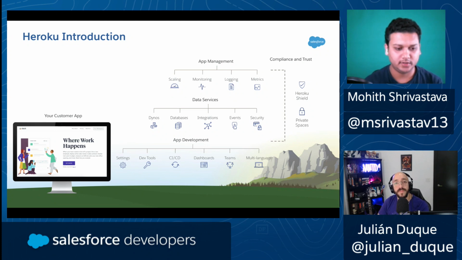Yeah, Julian, this is a great intro to Heroku. Now, for Salesforce developers, one of the aspects that I'm looking at here is, at Salesforce, one of the things that we have is, how do we scale? So I saw this concept of scaling in Heroku, and that's something at Salesforce, we are a multi-tenant architecture. So if you're building any processes, we have to make sure that those processes are within those governor limits,